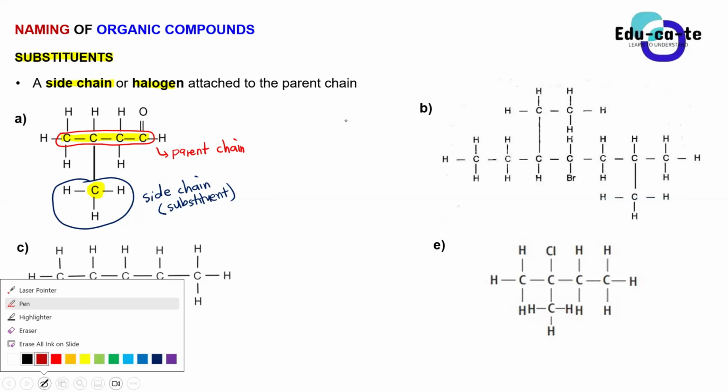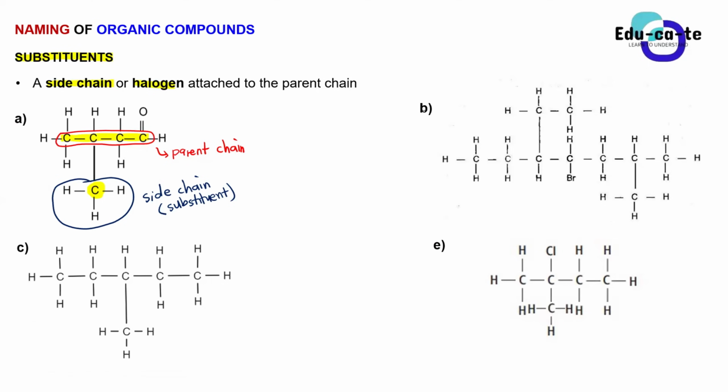Okay, let's hear from someone else. Yes, Nobu? 7. Yes, we have 7, right? I think Shadrach was also going to say the same thing. We can all see that in the parent chain of this particular compound we have 7 carbons. Yes, Sam? So what was the question? Okay, the question was, on compound B, how many carbons are found in the parent chain?